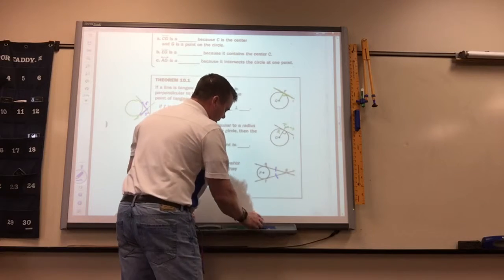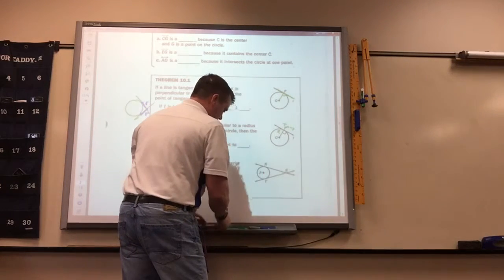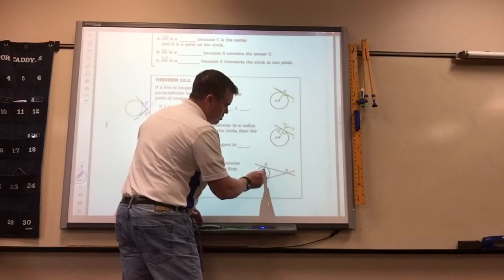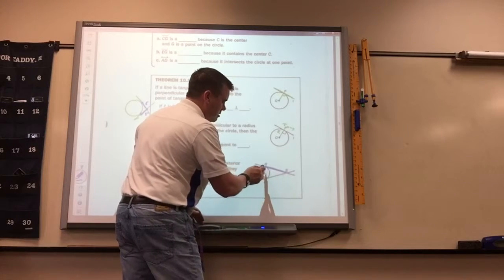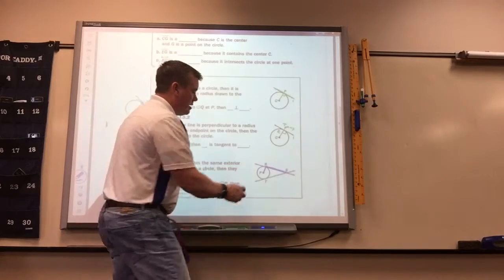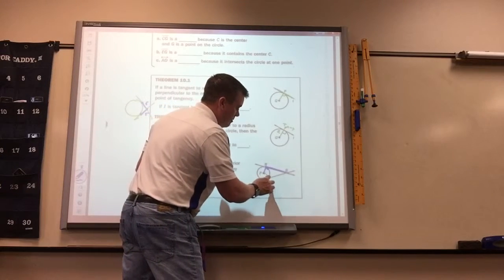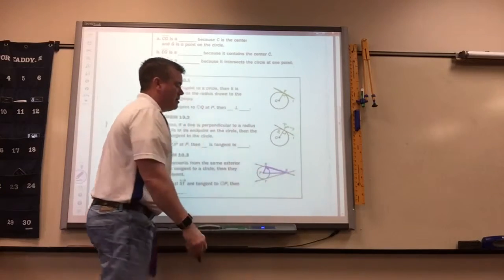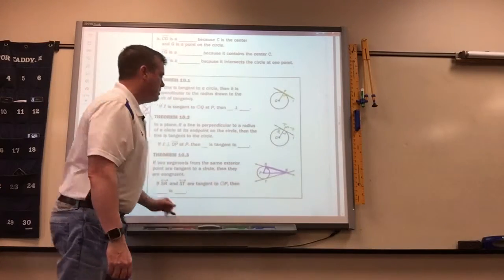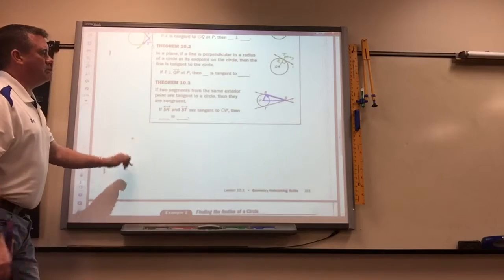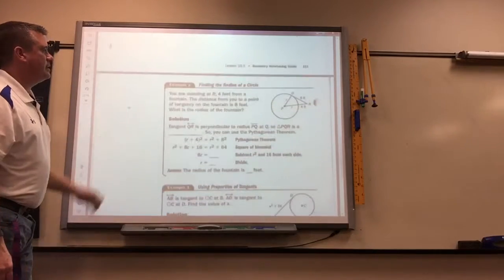So what's going to happen, again, I'm just jumping ahead to show you. If I connect this point to there, what do you know about these two lines right here? They form a 90. And if I draw that, what does that make? A right triangle. So Pythagorean theorem is going to be used quite a bit in those. In fact,